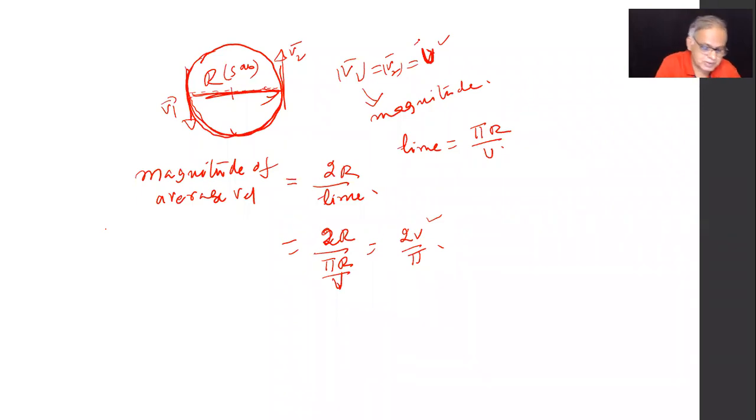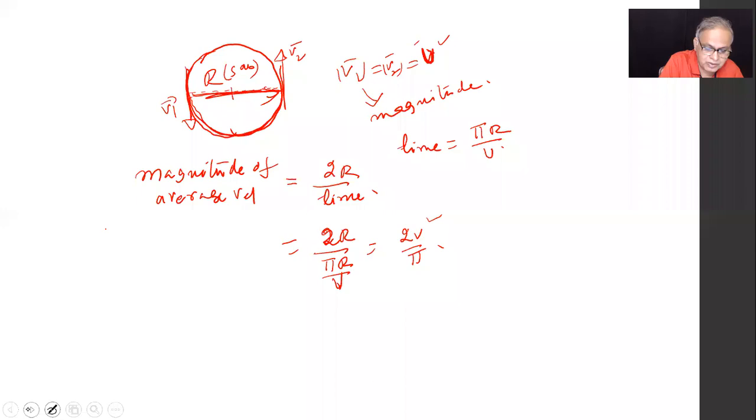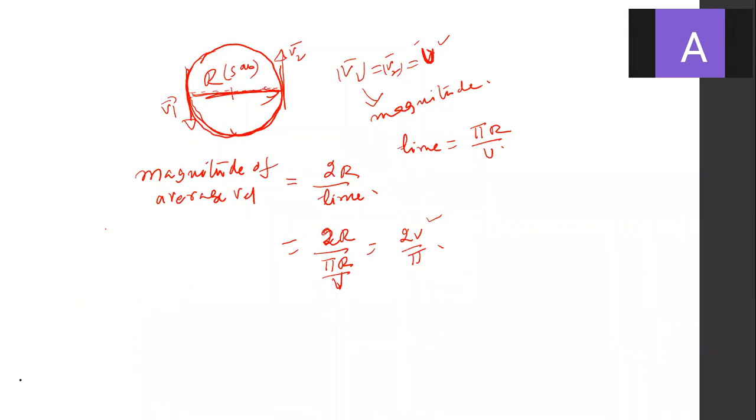So what was the next thing, dear children? It was 180 degrees, 60 degrees, 120 degrees, 90. Of course, I did not give it. You can do that also. Sir, I did for 90. Okay. I didn't know what angles were given. Since we said anyway 90, let's do this for 90 also. It started here. Let me say it went by 90.